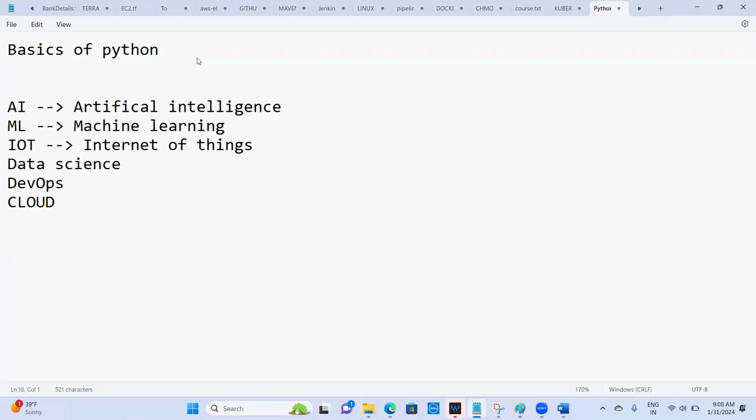Python. Why are they using Python? Why only Python? Why can't they use other technologies? There are a lot of other technologies, right? There is Java, .NET, C Sharp, Groovy, Ruby. Why are they preferring only Python? Why are they not going for other technologies? Because Python has